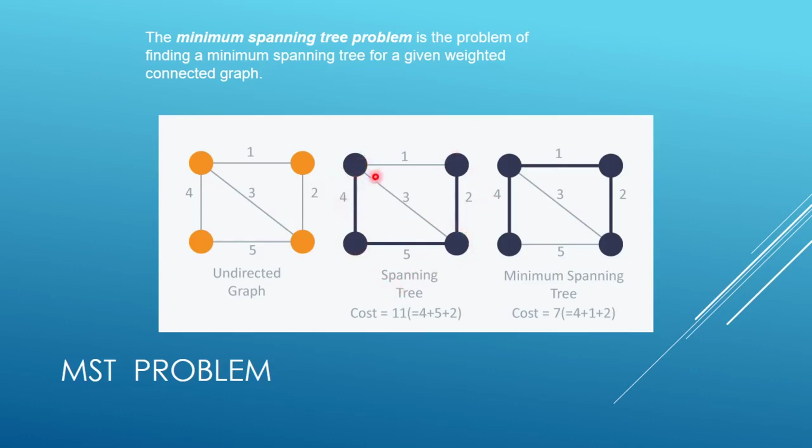So in this spanning tree I am going to include this edge and this edge, and find the total cost of the edges. So 4 plus 5 plus 2, that is 11 for this spanning tree. For this spanning tree the total cost is 7. Similarly you can find many spanning trees for this, and after finding that you will come to know that the minimum spanning tree's cost will be 7, that I have shown here. I have not shown all of the spanning trees here, only some and the minimum. So that's about the minimum spanning tree problem.